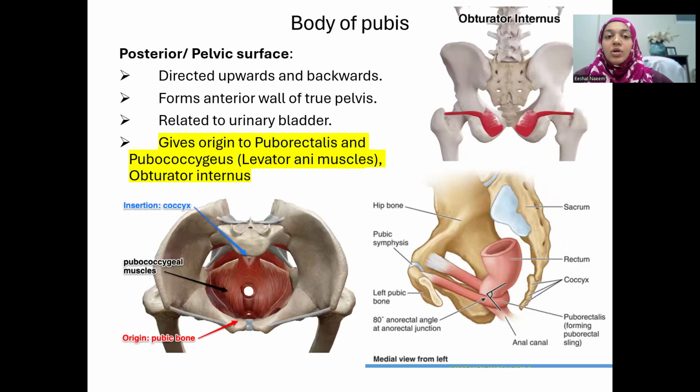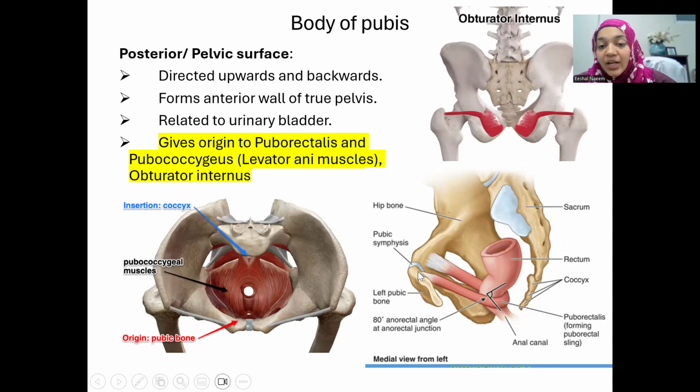Now, after doing the obturator externus, the adductor brevis and adductor longus from the body of the pubis, we move on to some special levator ani muscles. These levator ani muscles are special muscles in the pelvic cavity that are very important to gynecologists. Now, there are two most important levator ani muscles, the puborectalis and the pubococcygeus. The puborectalis comes off from the two pubic bones, the pubic body bones, and they sort of form a sling for the rectum to pass through.